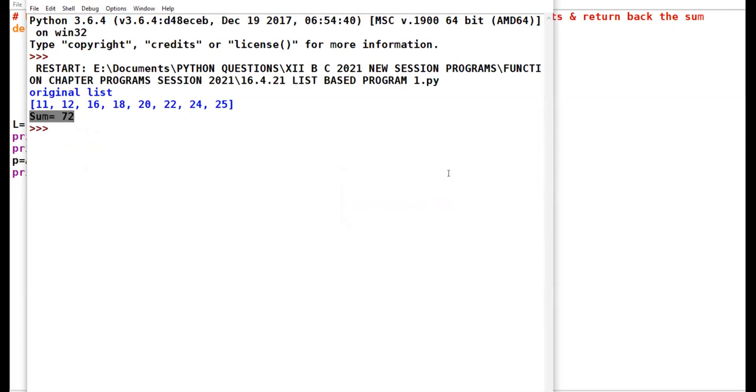Now calculate the sum. 12 plus 16 plus 20 plus 24. Manually try to calculate the sum in your notebook. It gives the value 72. Am I clear totally?